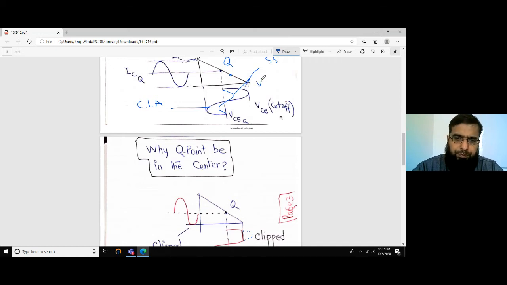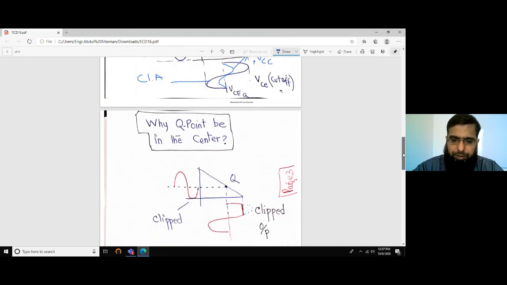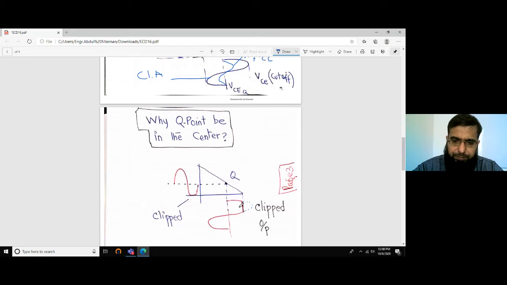And of course, the maximum voltage that VCE can swing, the output voltage, can go up to VCC, the DC supply voltage. So the output swing cannot go beyond VCC, your supplied DC voltage. So it has to be clipped, and of course the current would be clipped. And if this Q point is biased towards the upper end, we'll get an output signal that